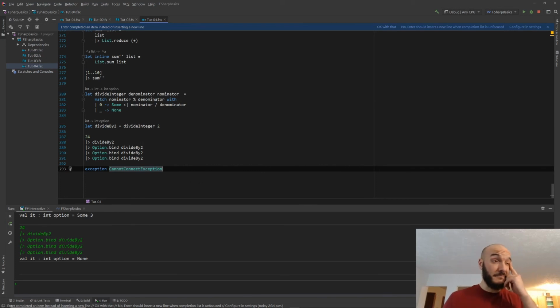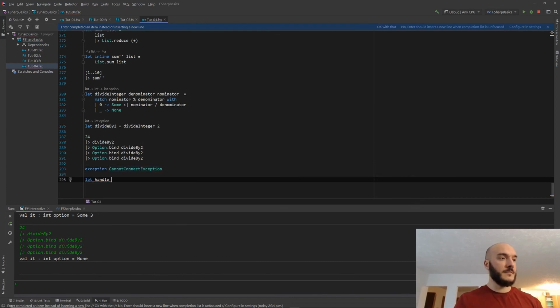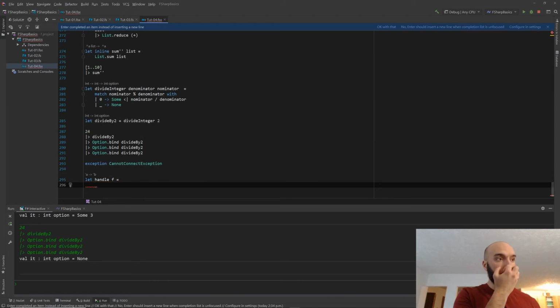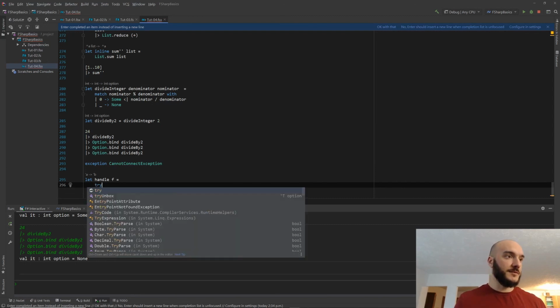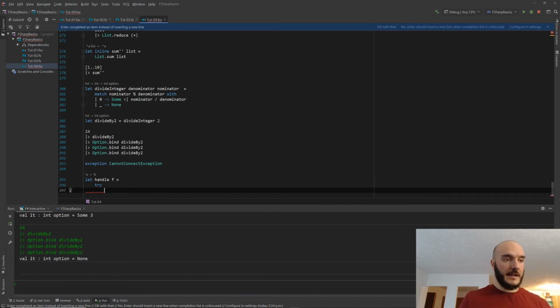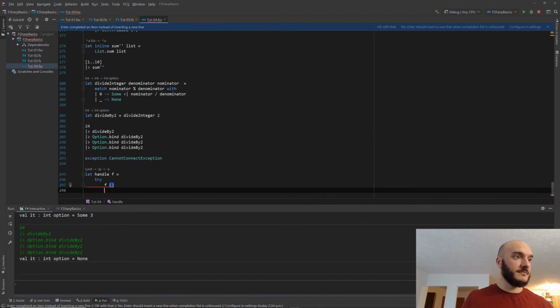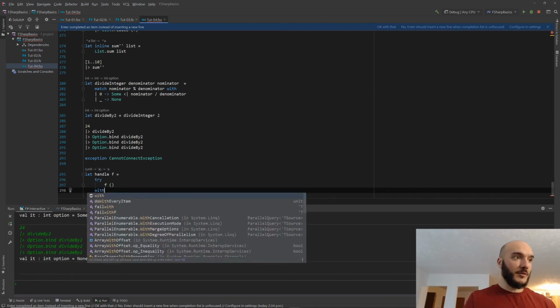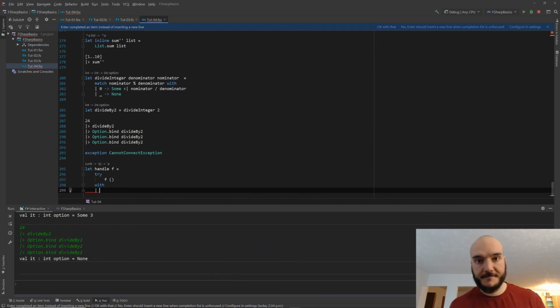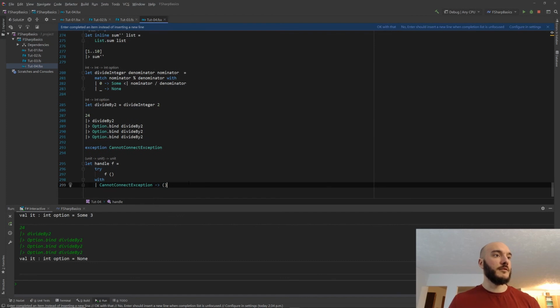So let's show an example function that's called handle, and it takes a function, and this function, we know it might throw, let's say. So we want to catch this exception. So we can use the try keyword, and we will call the function. And so in F#, it's not actually try catch, it's try with. Try with, and then we define a list of cases. So exception cases. And so for the F# defined cases, we can actually just directly write CannotConnectException. And then we can choose to do whatever here. For now, we can just do nothing. And this compiles. So we have a unit to unit function,